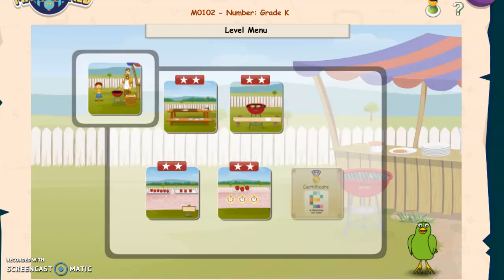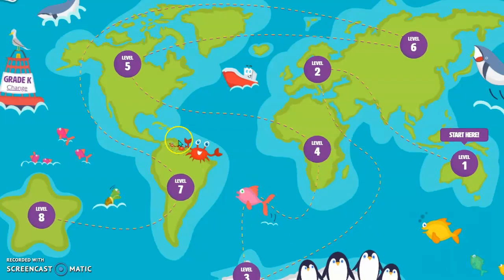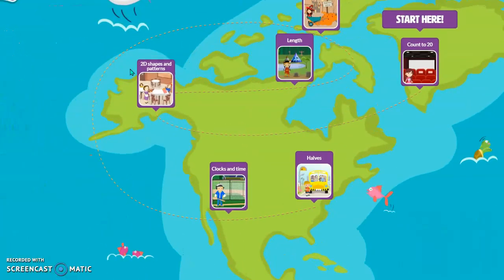So that sounds pretty fun. And then, so we did Australia. Let's go back to world. And then we'll go to, let's try level 5. And then you see like on different